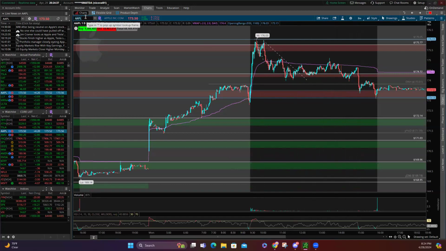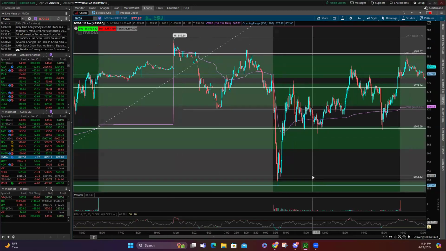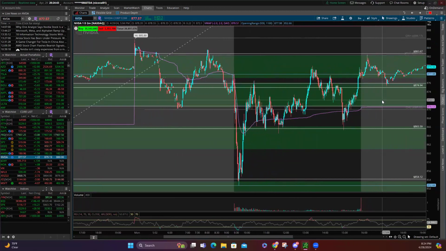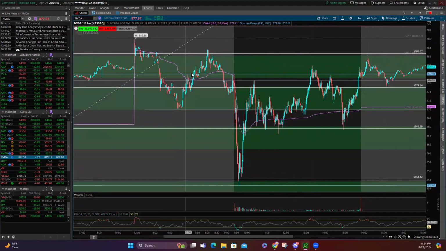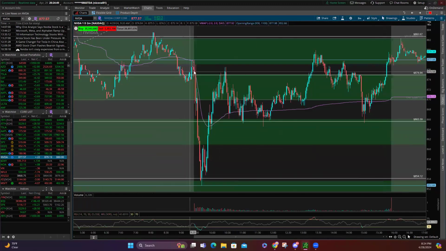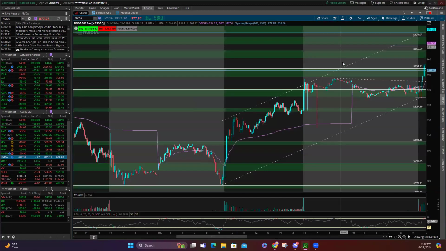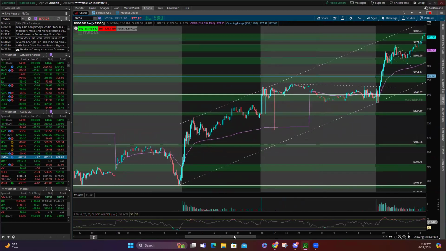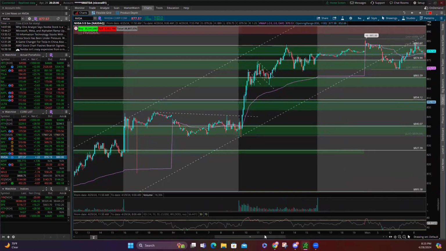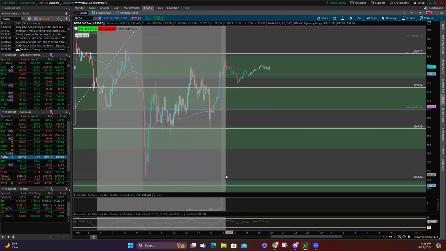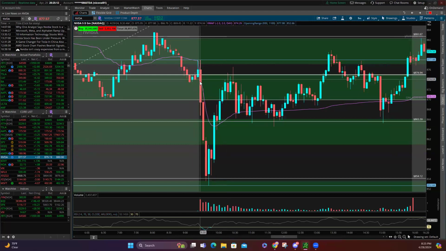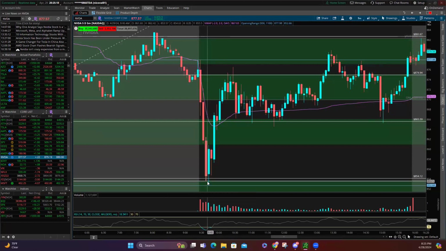So let's see what our names look like. NVIDIA today, look at how we were able to use NVIDIA. I'm gonna shorten this. If we go to the 5 minutes, we break out of the VWAP, and when you get a little space out of VWAP, you could have entered anywhere here. I'm gonna make it the 5 minutes so it's easier for everyone, because I know that not all people see the 2 minutes. You could have entered here at the break, touch it, and scalp all the way here and take your trade.